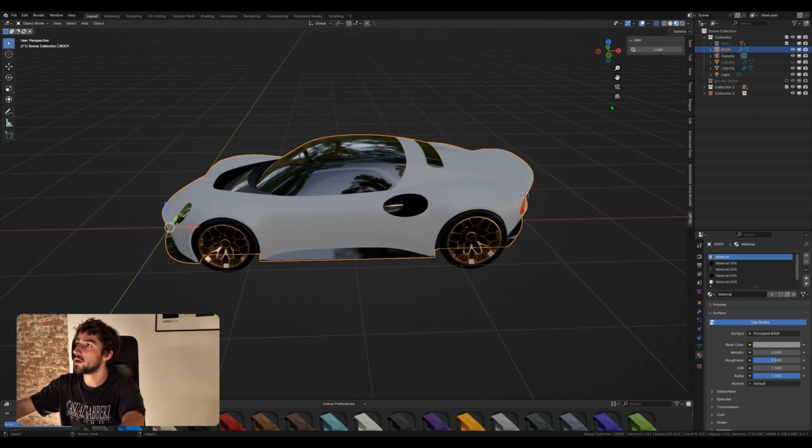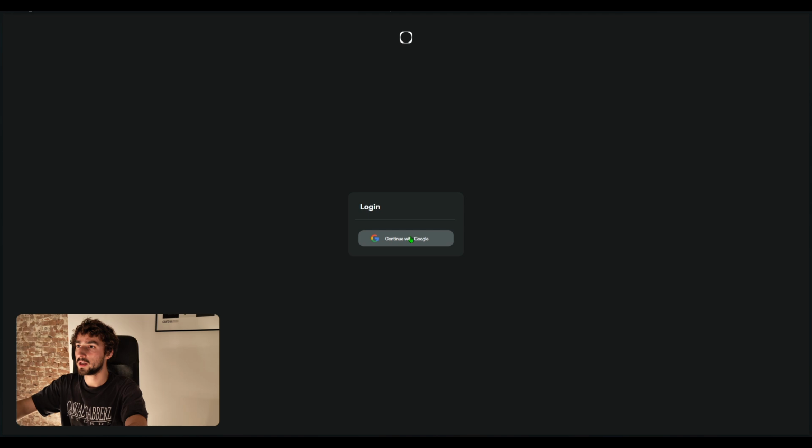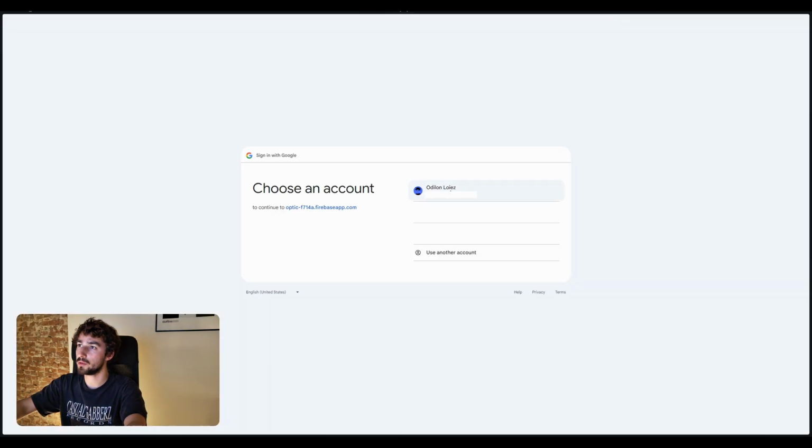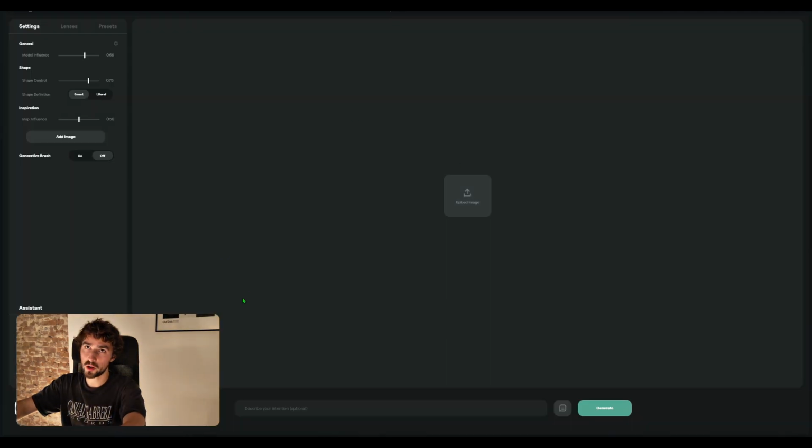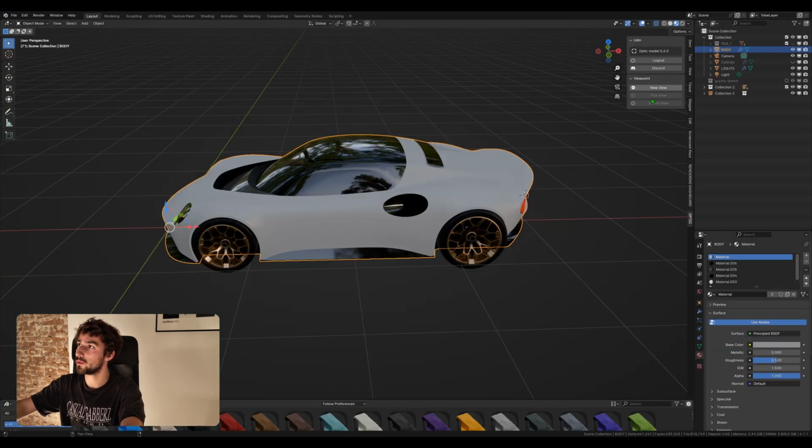And basically what you will see is that here, once you install either the extension or the add-on, you will have a panel that appears that says Optic. And so the first thing that this will ask you is to log in. So if you click it, it will go on the website, and then you can just click login, pick the account you want, your Google account. And if you're subscribed, it should show this. And so if you just go back to Blender, then you will see that it greets you,